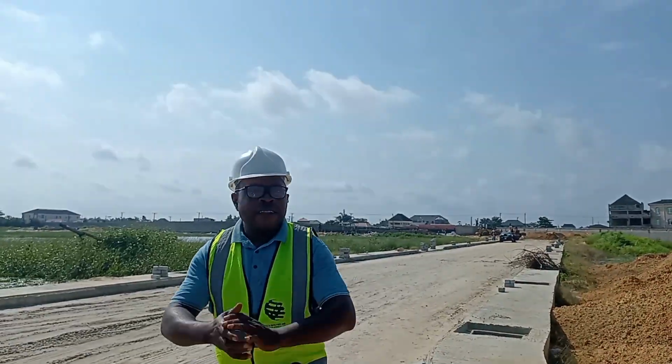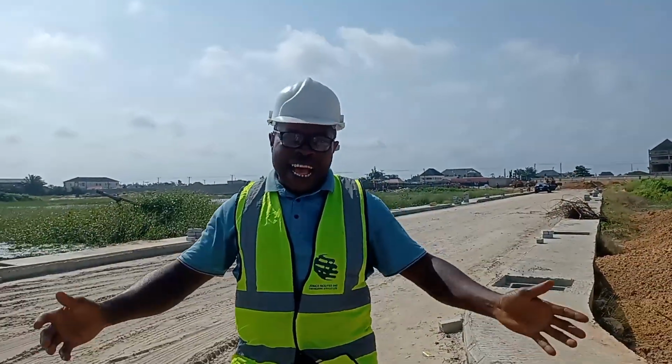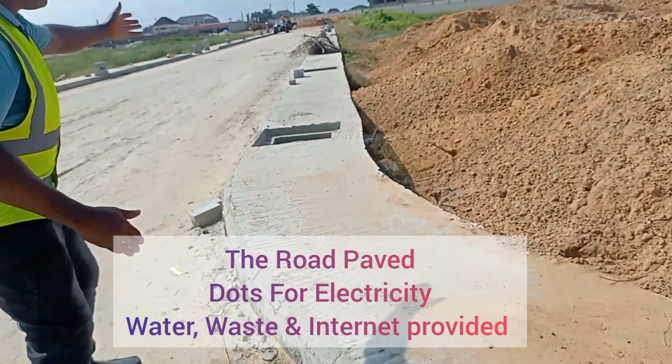Great. Welcome to Swift Street in Makarios, the luxury place. As you can see, this street is great. The drainage system has been